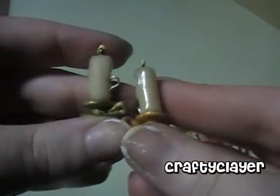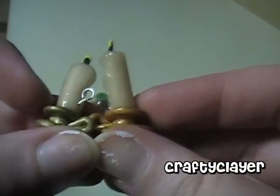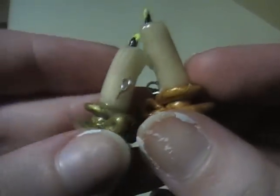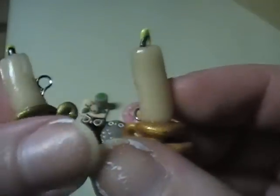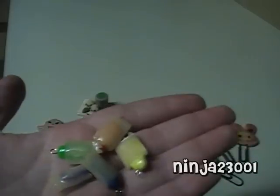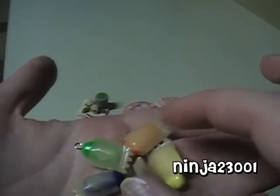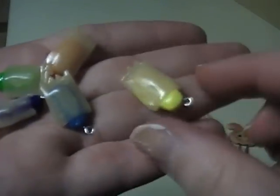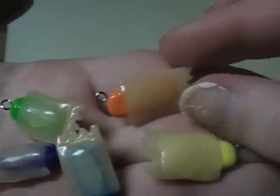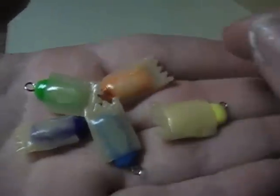And then I made these two candlesticks. This one is with gold, and this one is with antique gold, I believe. And one's a little taller than the other. But yeah. And then I made all of these freeze pops. And I kind of don't like them because my translucent clay is kind of yellowy tinted. They look better on camera than they do in person, which is a first. But yeah, so